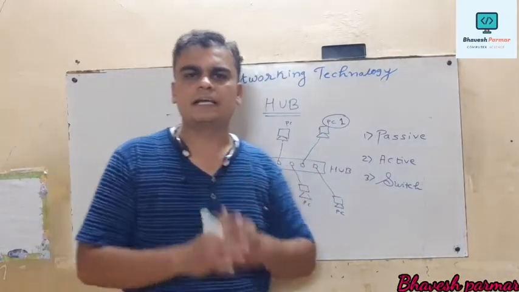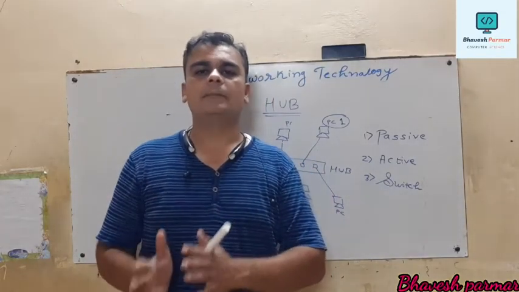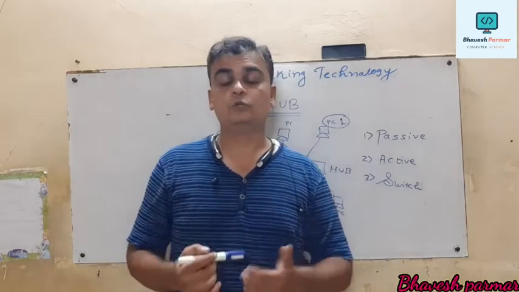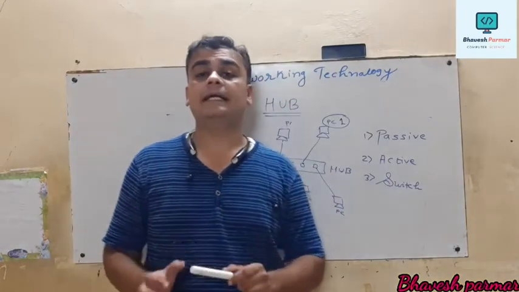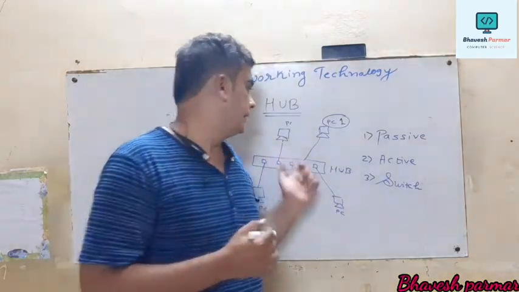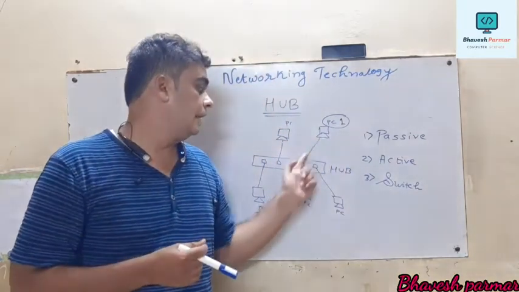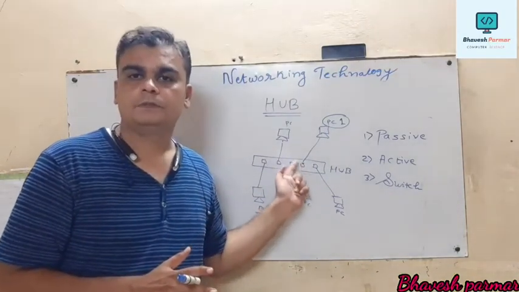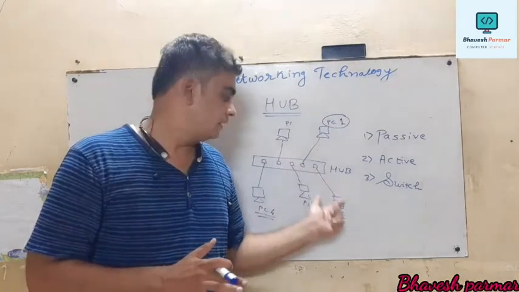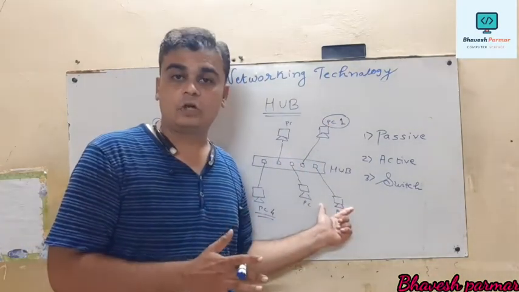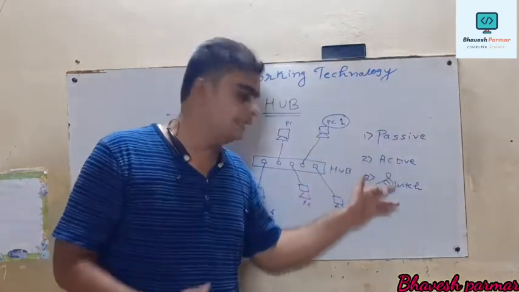Let me take a short review of hubs again. First of all, our first point is that a hub is one of the basic electronic components useful to establish a network, and a hub is also called a central network connecting device. A hub connects several computers with each other without soldering of wire. So what is the role of a hub? It accepts the signal and checks whether the destination computer is available or not. If it is available, then it transfers the signal to the destination computer. And these are the three different types of hub.